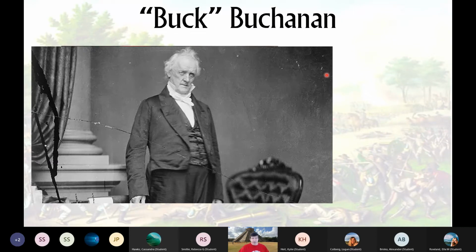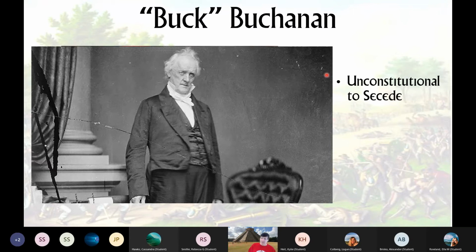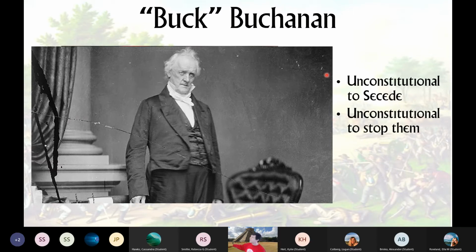Buchanan showed his problematic approach and why he's considered one of the worst presidents in history. He made a very strong statement when South Carolina seceded: it is unconstitutional to secede. Sounding a little like Andrew Jackson at first. And this caused a few other southern states pause. But then he added the qualifier: but it's unconstitutional to stop them. We can't do anything about it. They're going to secede, and that's the way it goes. Yeah, not exactly a strong stance by Buchanan there. In fact, can you think of anything weaker? You can't do this, so quit, but I'm not going to stop you.